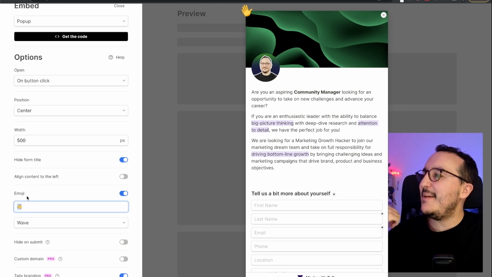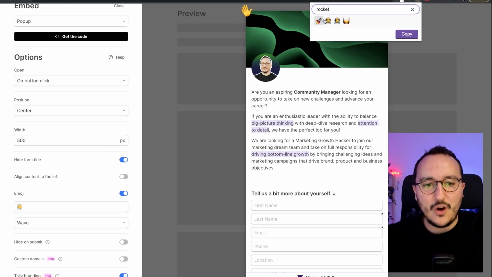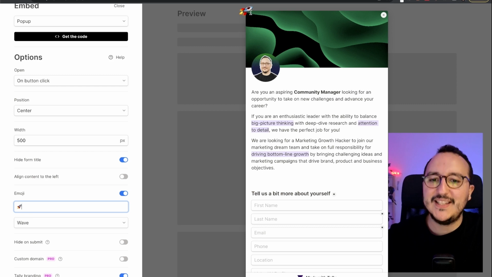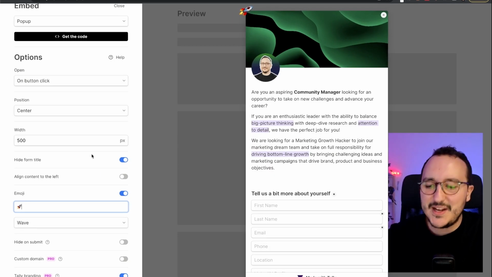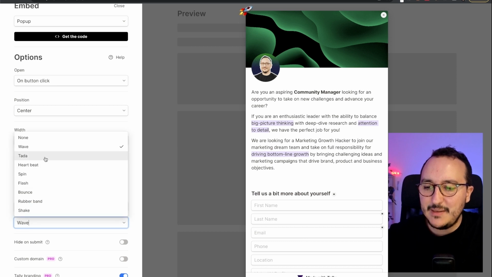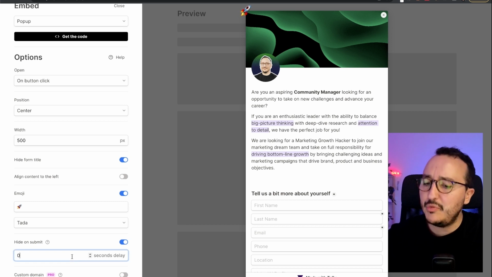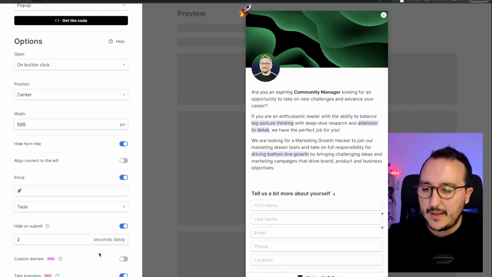There is also the emoji. So here I'm going to change the emoji. Let's say that I want to have a rocket. So I'm going to copy paste the rocket here. I'm going to put this, the rocket. There we go. And as you see, the emoji is moving a little bit. That's really cool. Here I got the animation. Okay, so basically I can change the animation of the emoji. I find it so cool. I can say hide on submit, of course. And I can put some delay. So here I'm going to put 2 seconds delay. And then there are